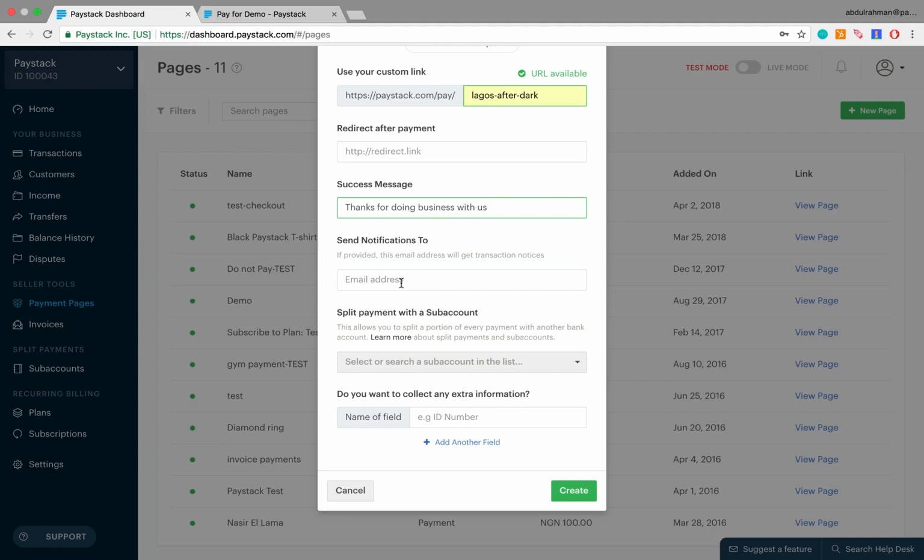Okay, now this next field here asks for the email where all notifications of all transactions are sent to. So let's put in my email address, abdulrahman@me.com. Now this whole other segment here allows the business owner to set up the payment page such that the revenue made through the payment page is split between two bank accounts in predetermined percentages. This doesn't apply much to us, so we can leave the segment here and move on to the next